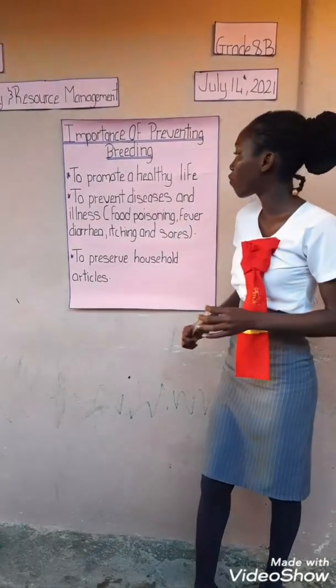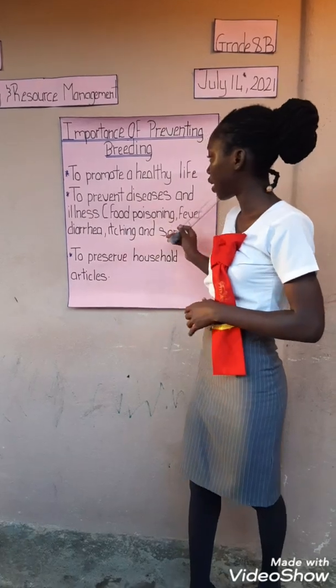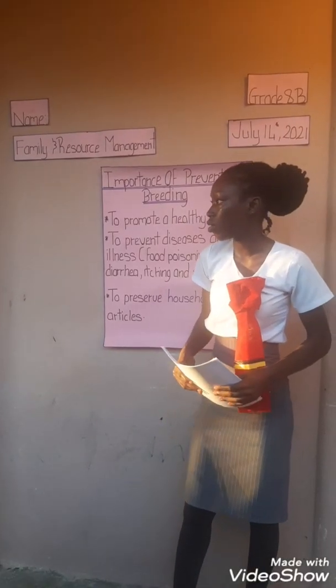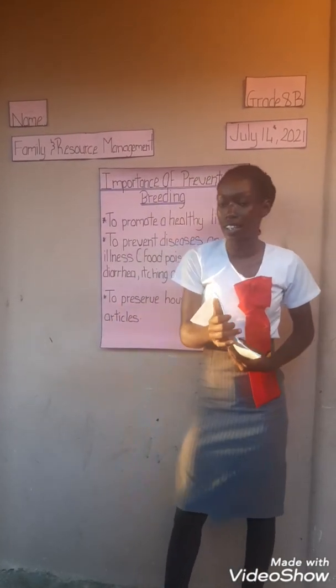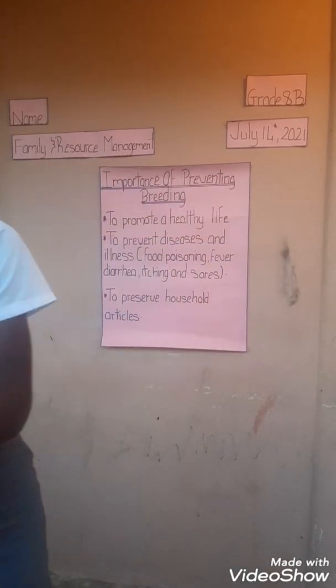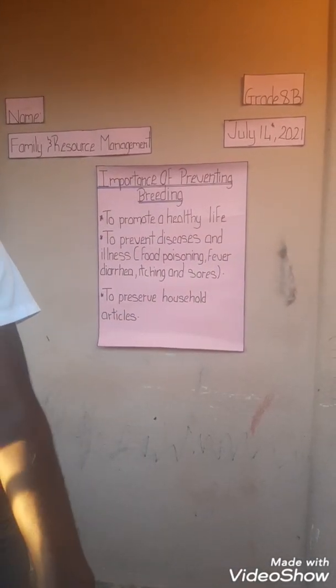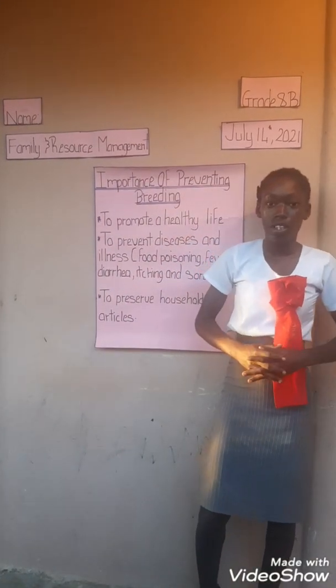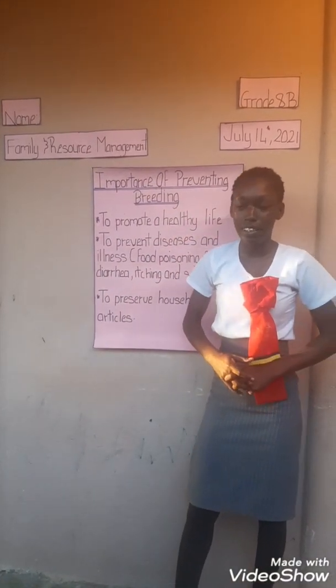Great. I'll now give you 1 minute to write this down in your exercise book. Before we go into our next subtopic, I have a handout here where I'd like us to read as a class. I'll now share it out. Good. So everyone has a handout. Now we read as a class.